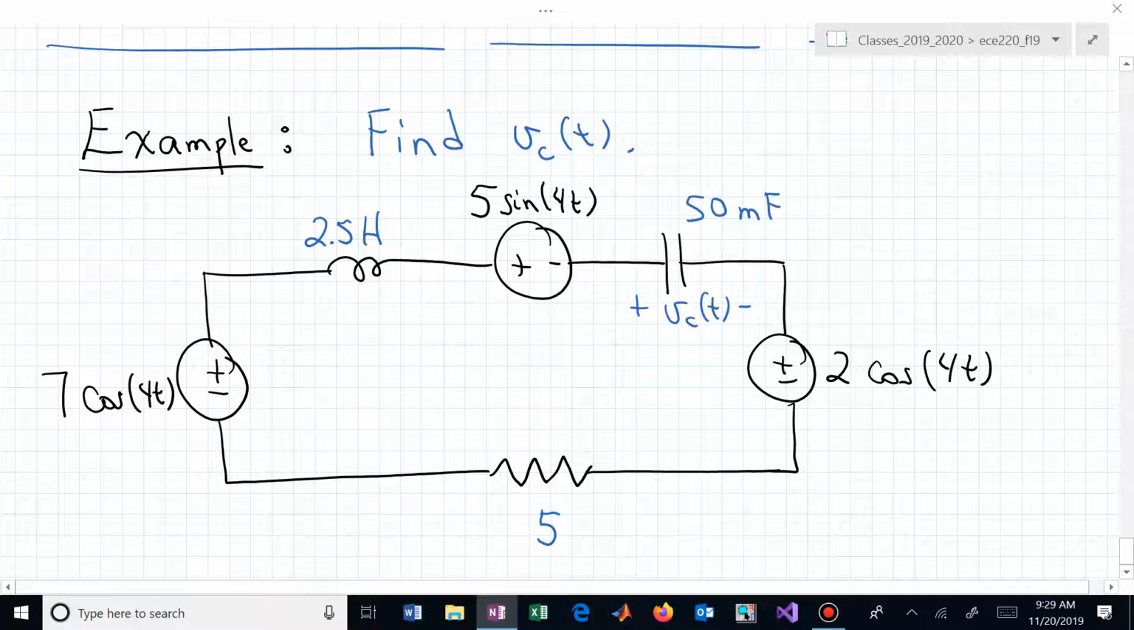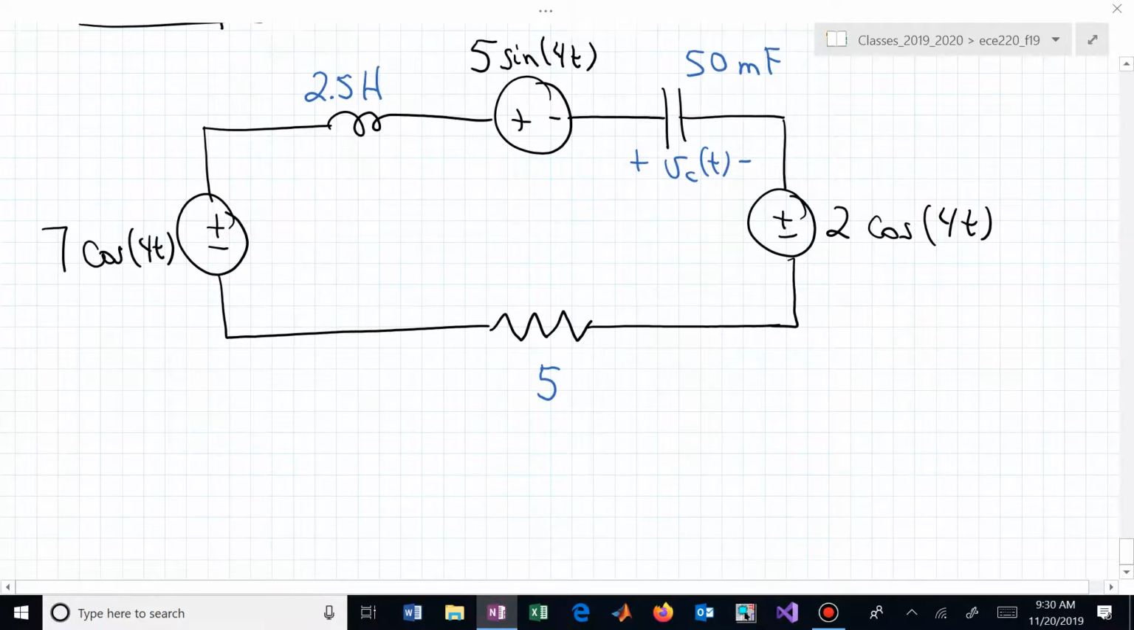In this case, we have the single frequency, 4 radians per second. We can combine all of those. We know how to combine sines and cosines. We can use our graphical tool if we want to, or we can put them into phasor form and combine the phasors, and then we have just one source. If we now combine the sources,